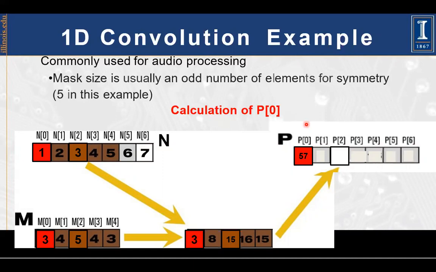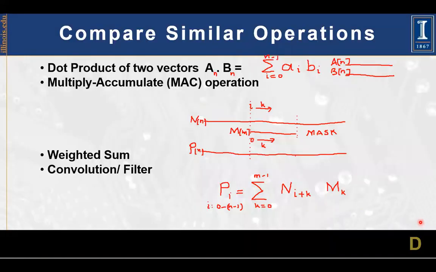What's the dot product of two vectors? If you want to take the dot product of two vectors, let's say A and B, these are two vectors of n elements, and we want to take the dot product. Here are those vectors. They have elements starting from A0 till An minus 1, and this also B0 to Bn minus 1. When we want to take the dot product, you multiply the respective elements here.